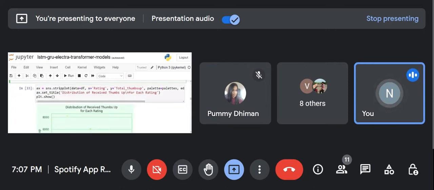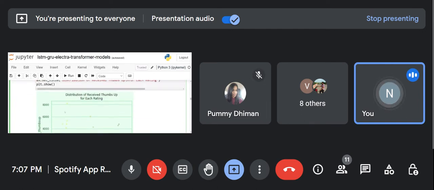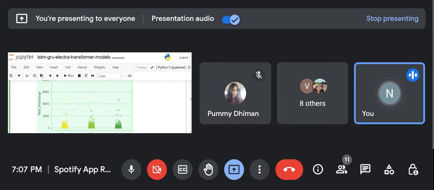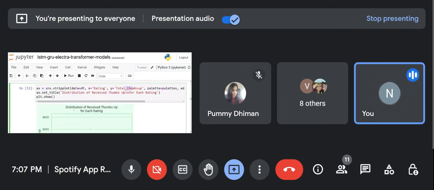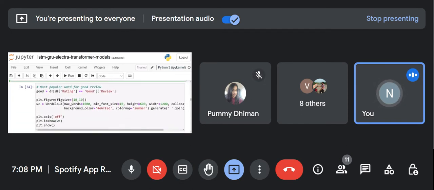ओके, नाउ द नेक्स्ट थिंग इज कि स्ट्रिप प्लॉट फिर बनाया है रिलेटेड टू द रेटिंग एंड द टोटल थम्स अप। तो ये स्ट्रिप प्लॉट है, यू कैन सी कि किस तरीके से यहाँ पर स्ट्रिपिंग, अगेन वो कैसे पॉइंट्स आपको दिख रहे हैं, स्कैटर प्लॉट है, अल्टीमेटली इट विल बी लाइक इट्स अ स्कैटर प्लॉट, स्ट्रिप स्कैटर प्लॉट है पूरा। ओके, रिलेटेड टू द रेटिंग एंड द टोटल थम्स अप ये बनाया है हमने।